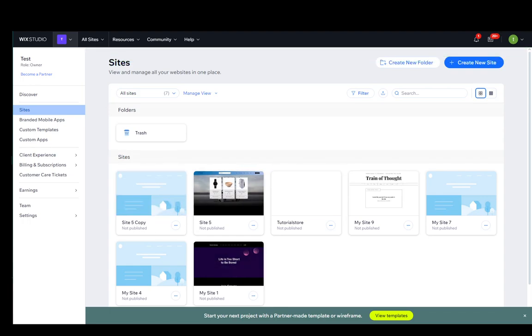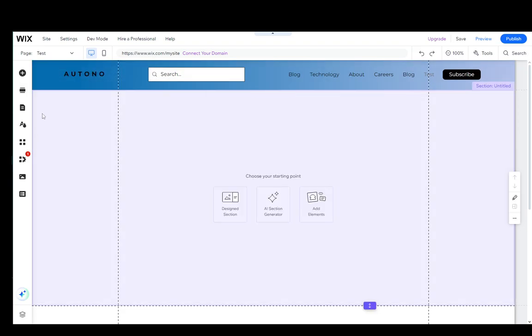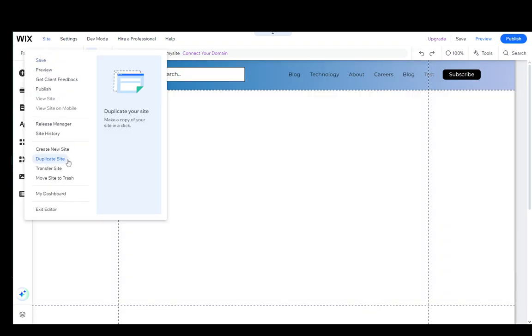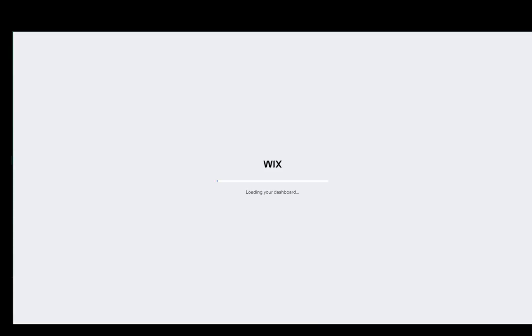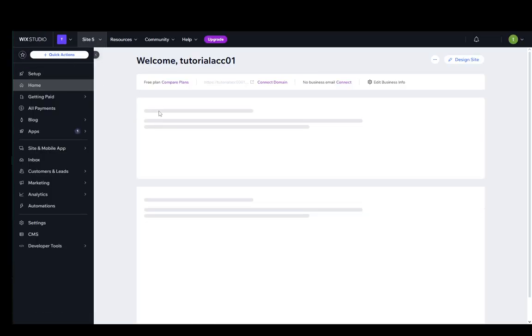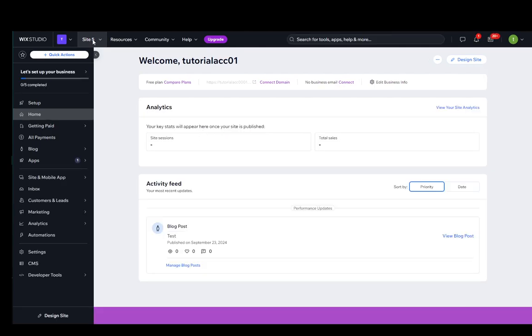Now, what you can also do is, if you're in the editor for one of your sites, you can go into Site over in the top left and click Duplicate Site again. It'll open up this dashboard window. As you'll see, it's loading the dashboard. It takes you to pretty much the same place where you need to be, and then you need to repeat the process again,